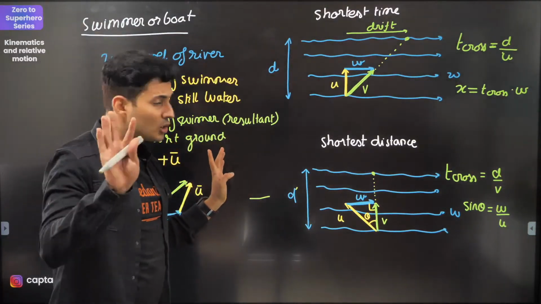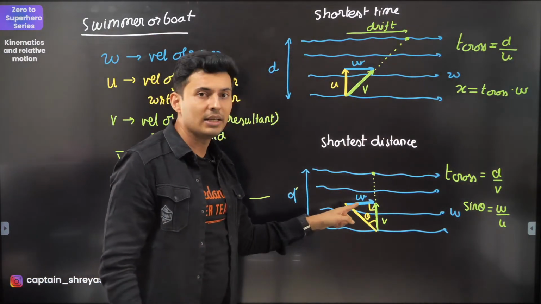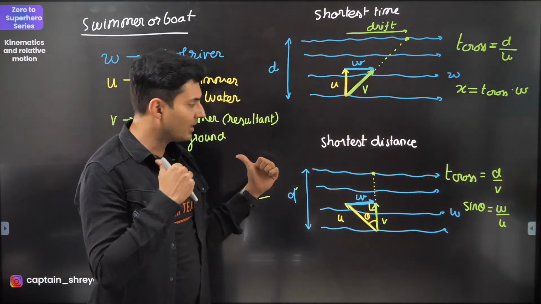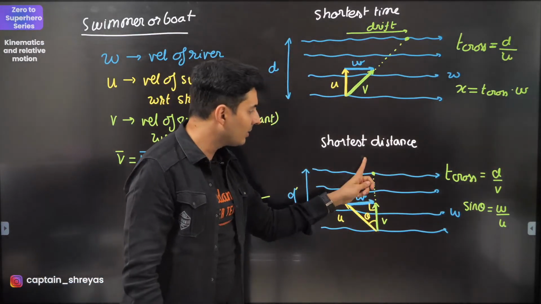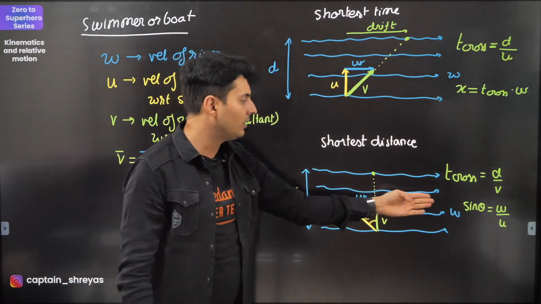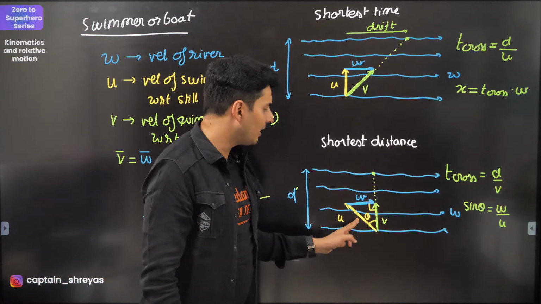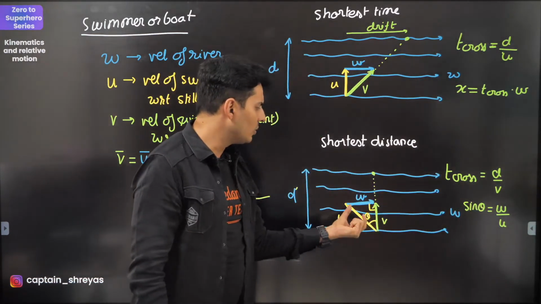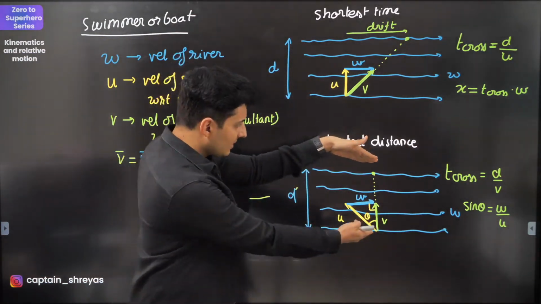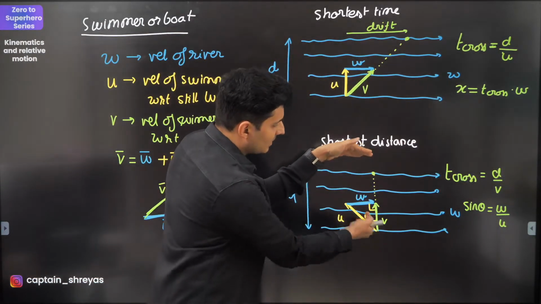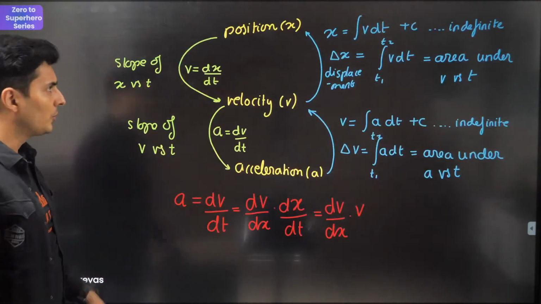Okay, that's shortest time. For shortest distance, always try to swim against the flow so that you compensate the river velocity. So U is here, so you're making the stroke somewhere here, such that the resultant of U and W comes out perpendicular, and you end up going exactly perpendicular to the flow of the river. You can see by triangle geometry, sine theta is opposite by hypotenuse. So sine theta is W by hypotenuse, which is U. And also the time taken to cross this distance, this distance is D, the speed in this direction is V. So D by V is the time. Pretty much standard. These are the cases which you should know.